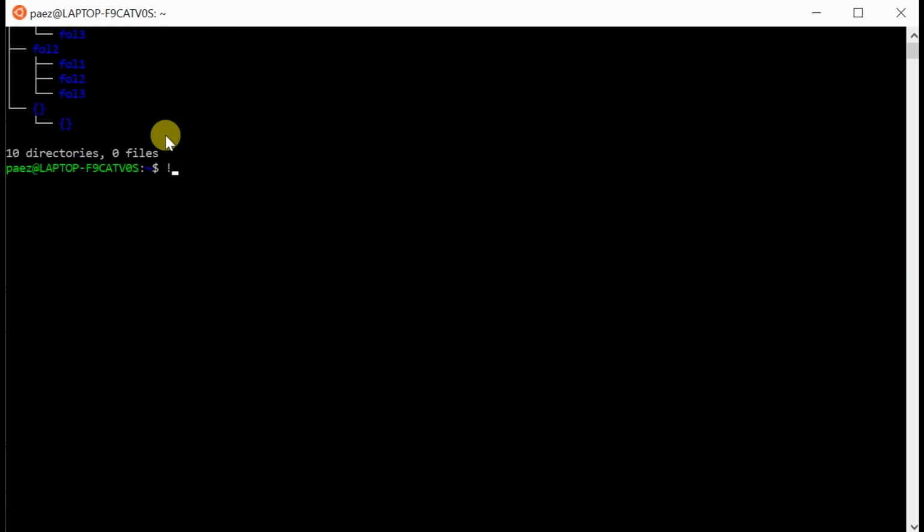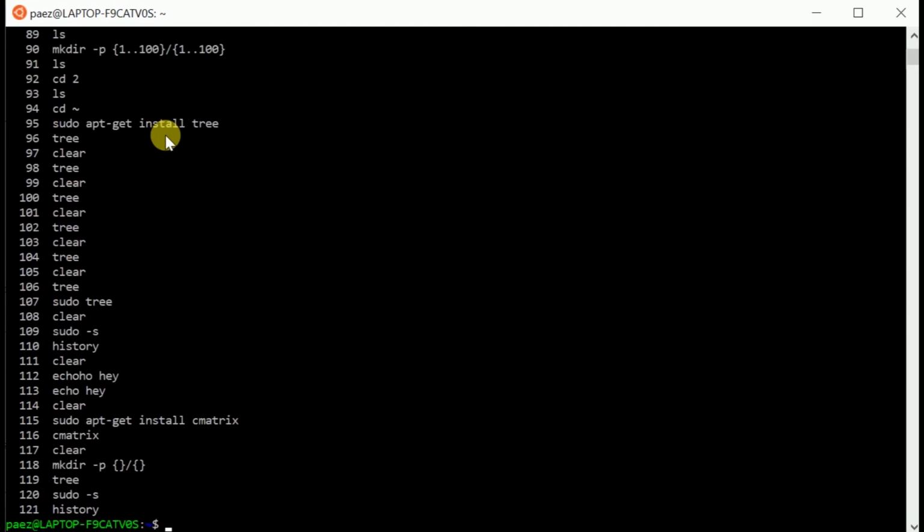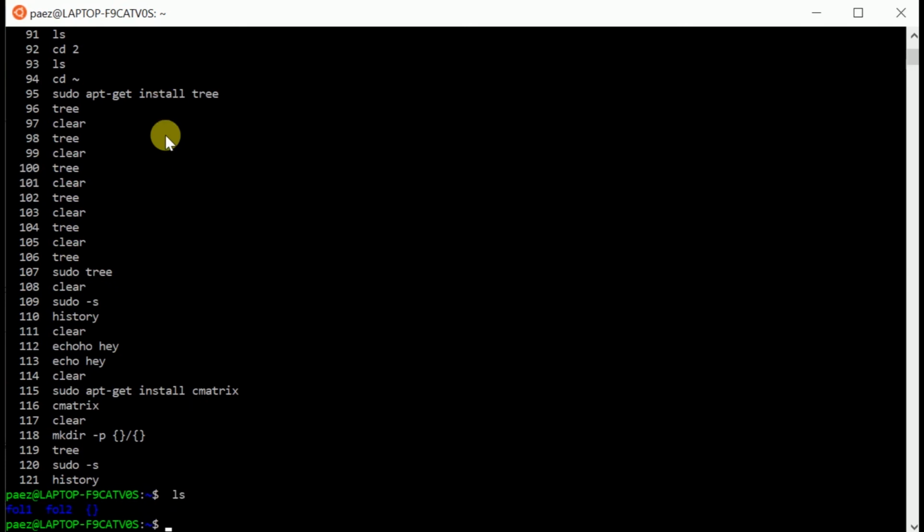Then the double exclamation command to repeat the previous command. Then the sudo s to change your permissions to the root user, and exit command to exit from the root user.